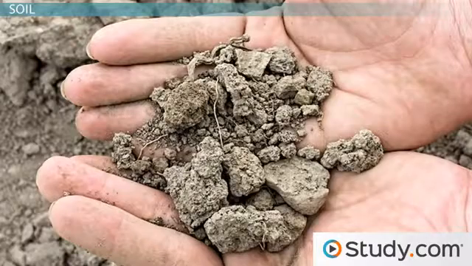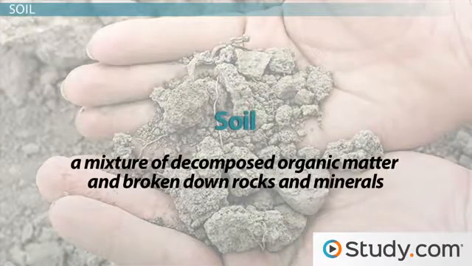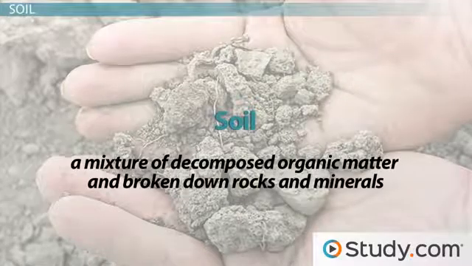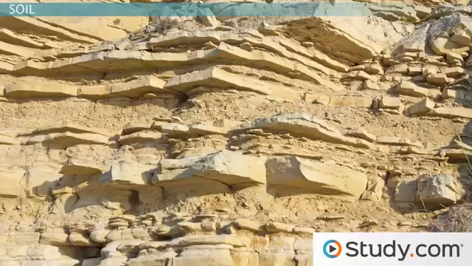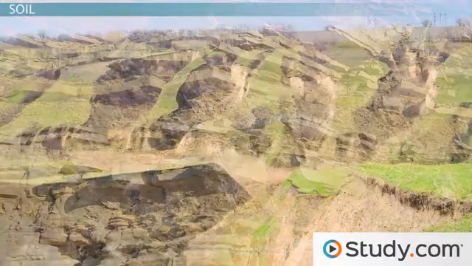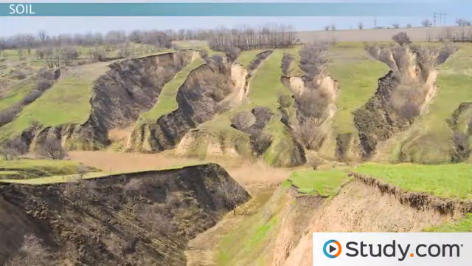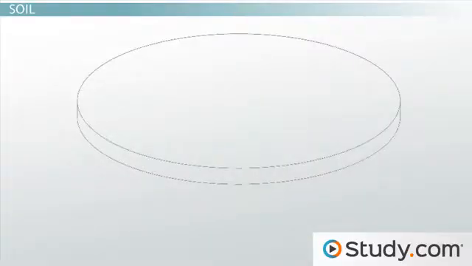Soil is another of Earth's materials. Soil is a mixture of decomposed organic matter and broken down rocks and minerals. The decomposed organic matter is mainly dead plant material. The broken down rocks and minerals are formed when larger rocks and minerals are made into smaller pieces due to erosion or weathering. On average, soil is